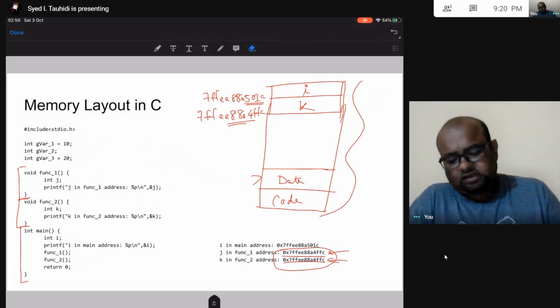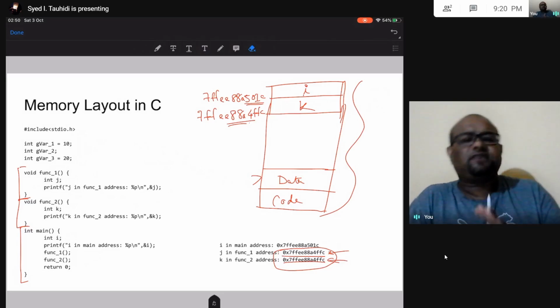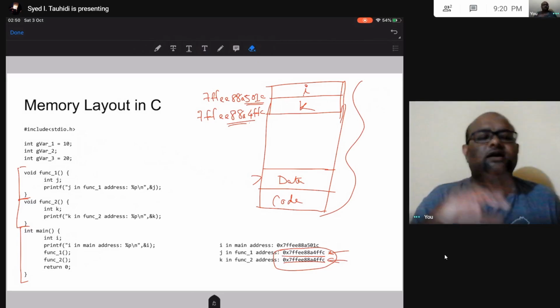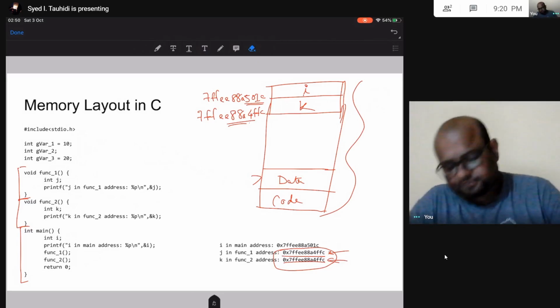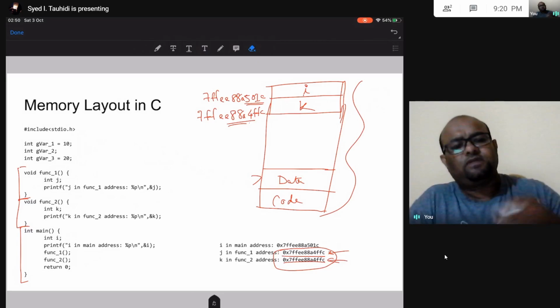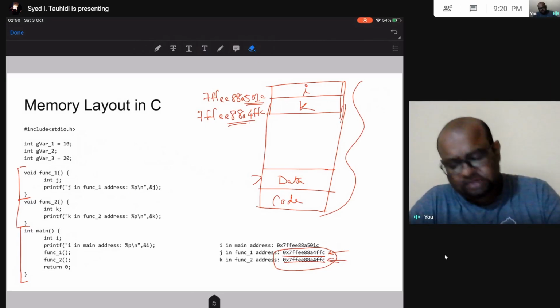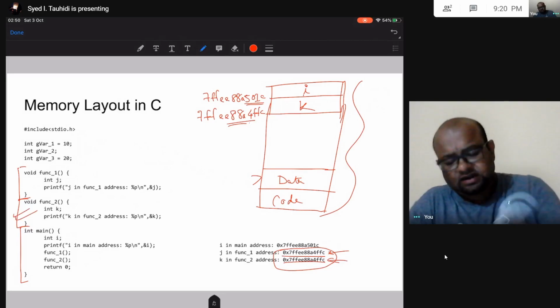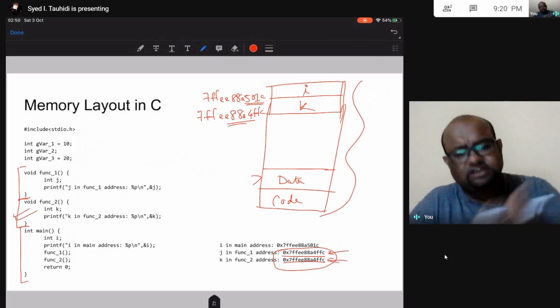Okay, so understand a few important points. Local variables are allocated memory in the stack, and global variables are allocated memory in the data segment. And then when function 2 was executing, this k is allocated memory in the stack, like j was allocated memory.